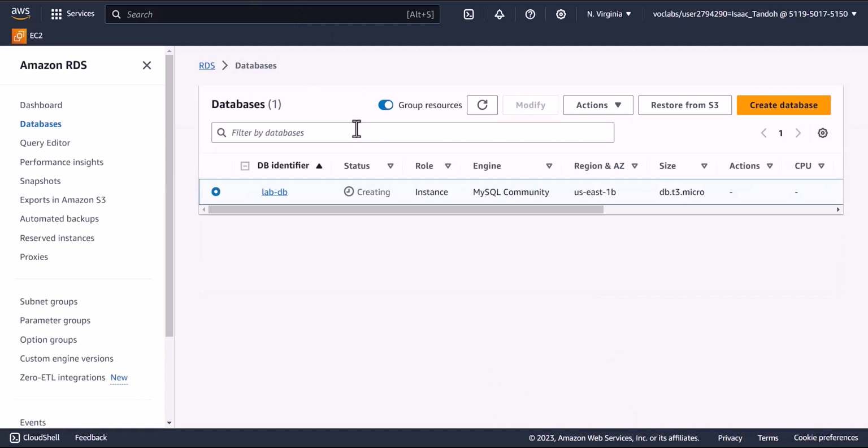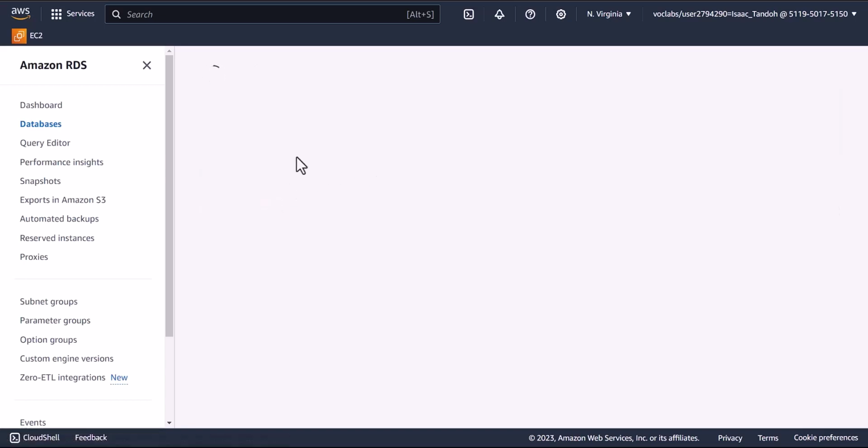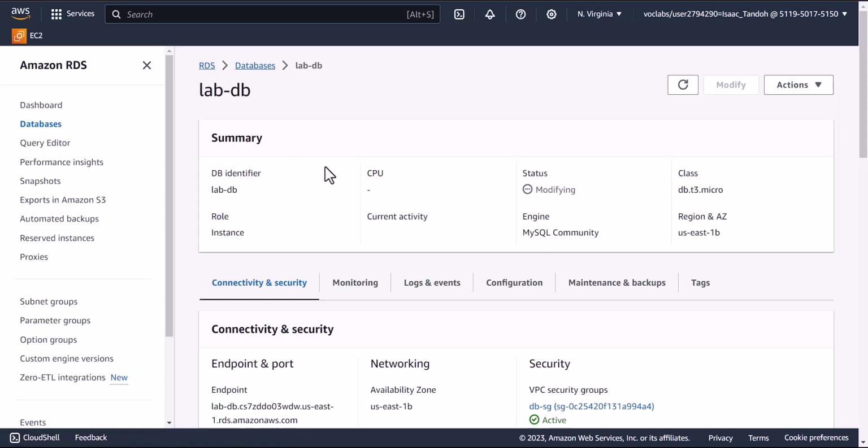Yeah, so while we are waiting, I would also want to add that the database is being created in multiple AZs, right? So it will take some time. I can click on the database link here for us to look at certain things. So the database instance is being deployed in a multi-AZ, so it takes approximately 4 minutes for the whole deployment to be ready. Okay,